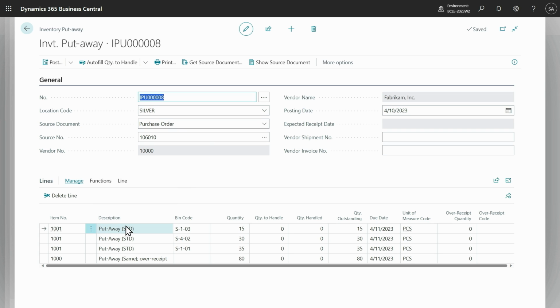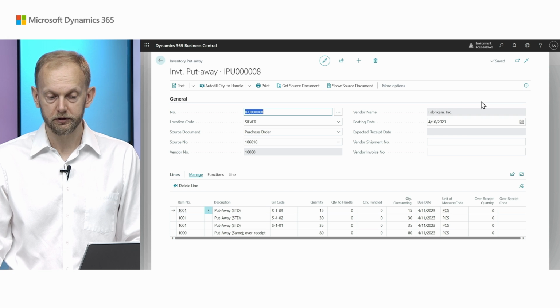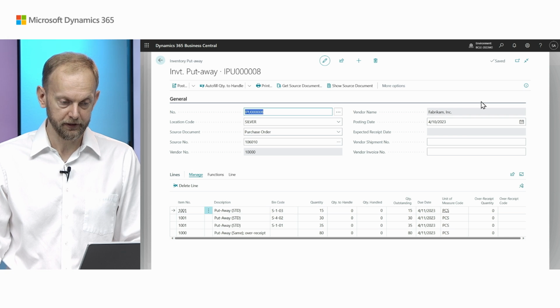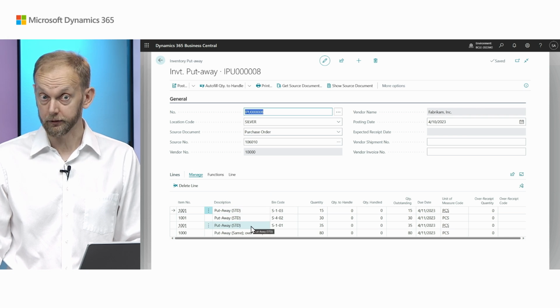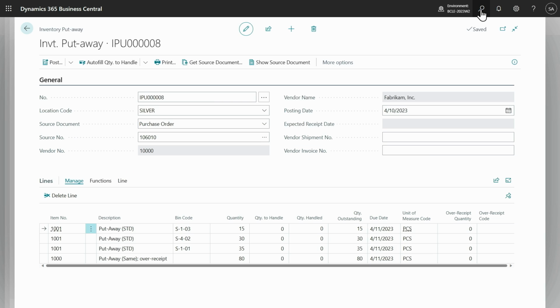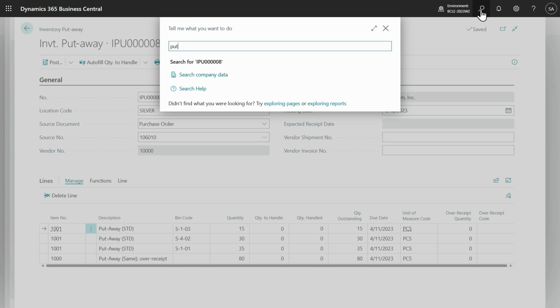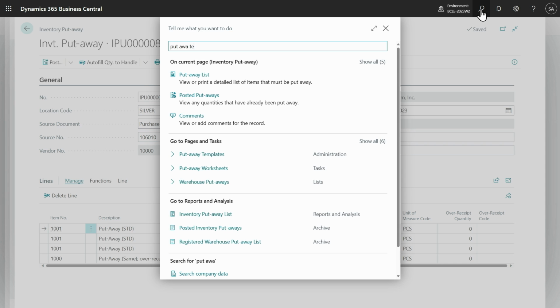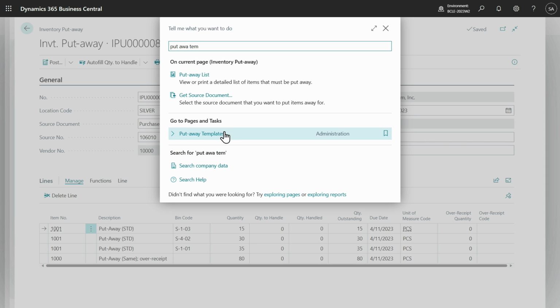What do we see? We see that for one item we received 3 lines instead of 1 in the past, which would be the default bin. And for the last one we received nothing. Why? Because each item is configured to use different put-away templates. And I decided to use the standard template for item number 1. But for the put-away of another item, I decided to try something different. Let me show you details of this template, how they are configured.